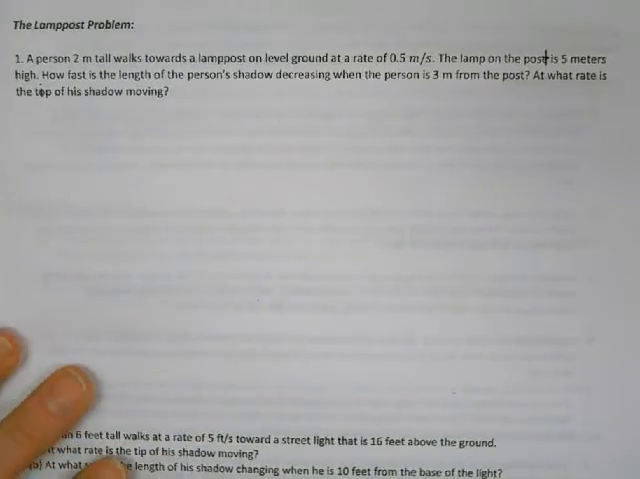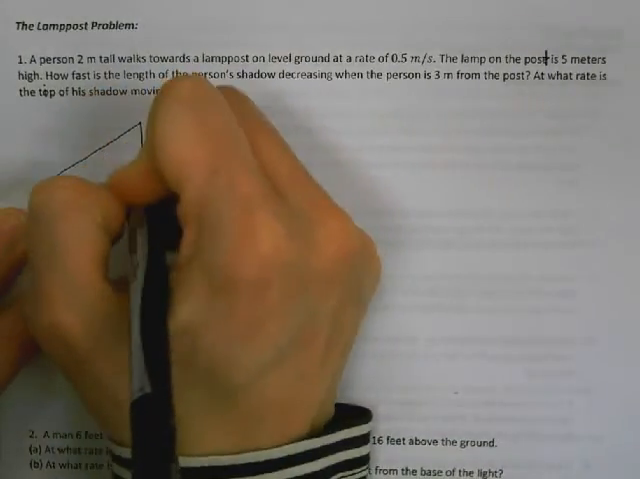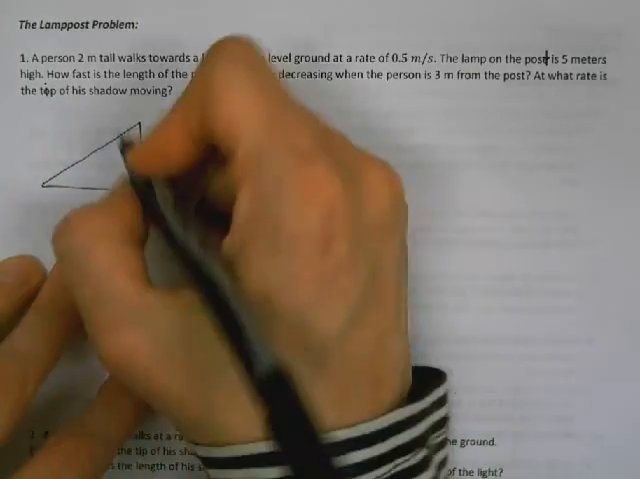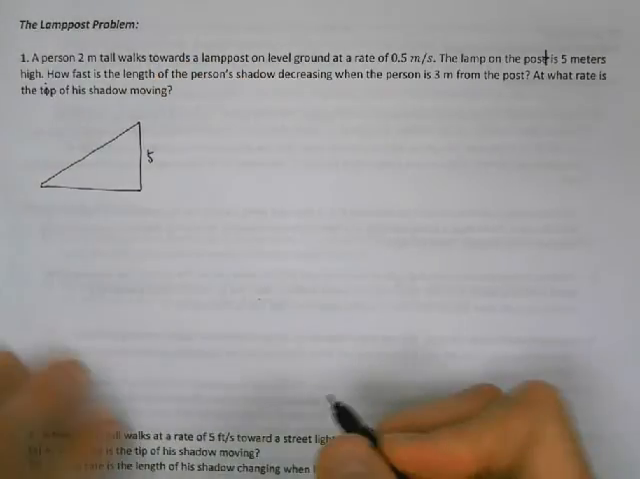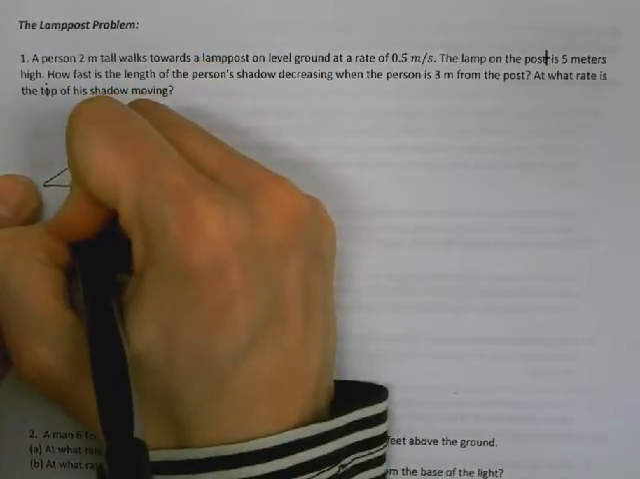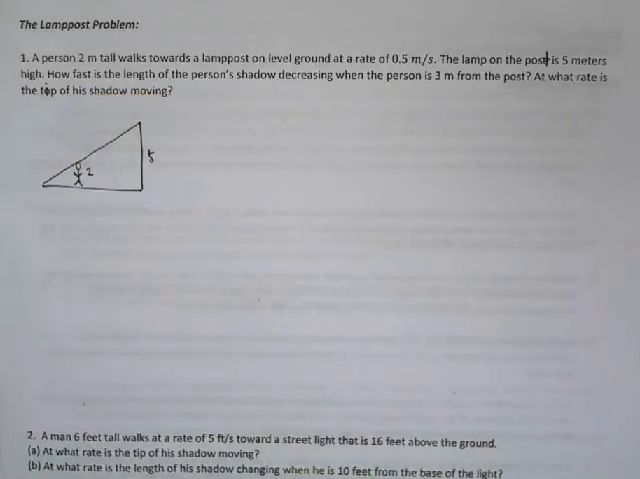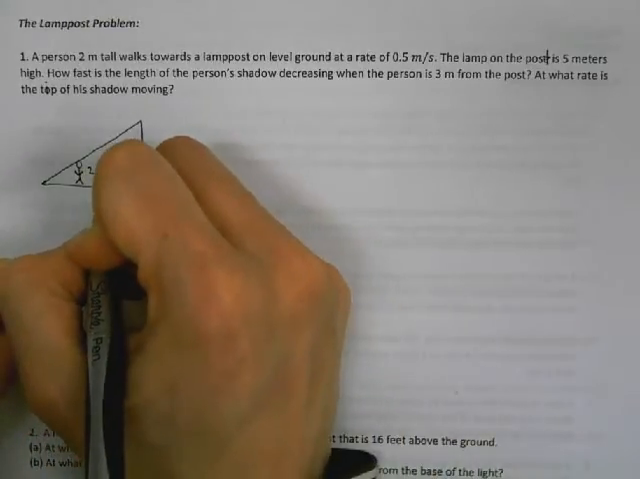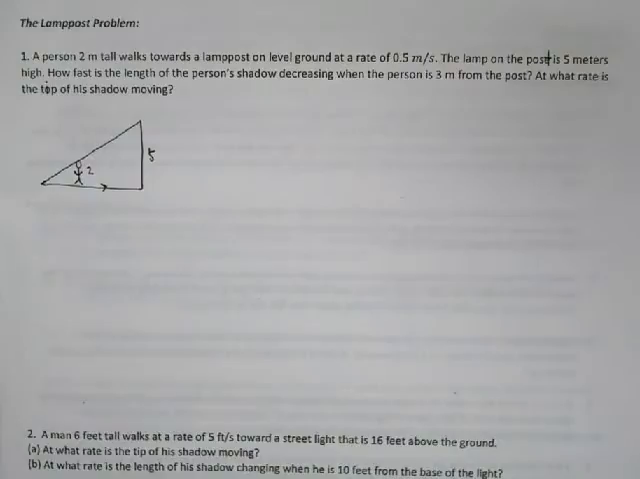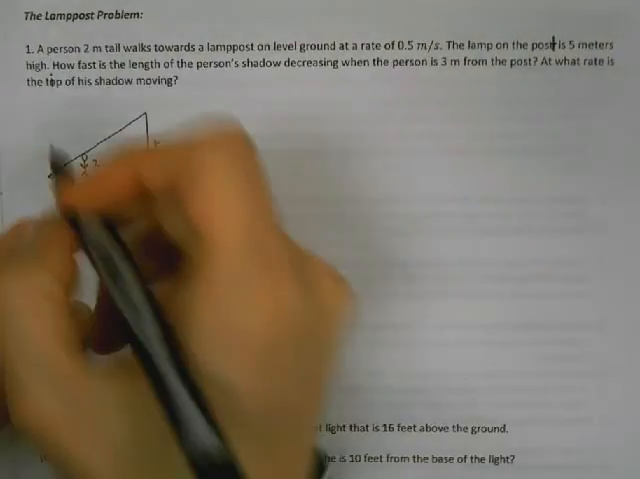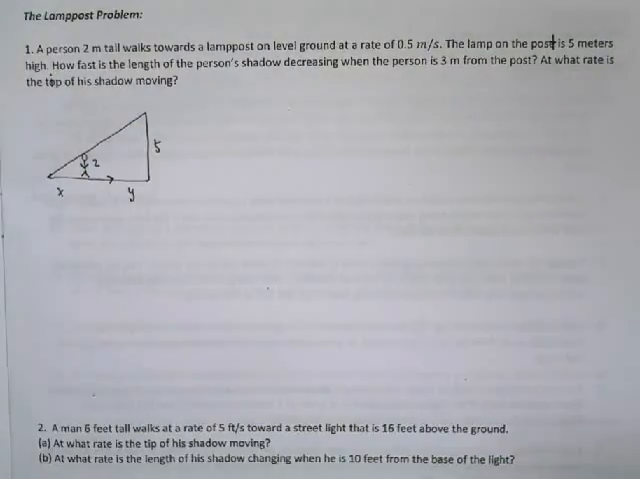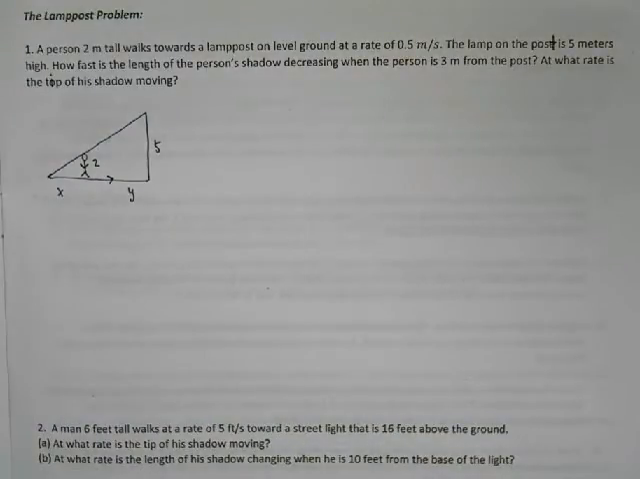So let's go ahead and draw this out. Here I've got my lamppost. I know that this is 5 meters high. And then I've got my person here, and that person is 2 meters tall. Okay, and I know this person is walking towards the lamppost, so I'm just going to draw that to indicate his direction. I'm going to call this x and this y. Now, the first question I need to answer is how fast is the length of